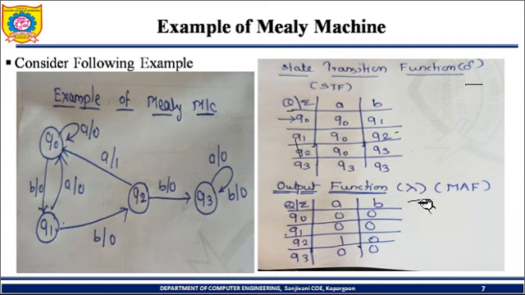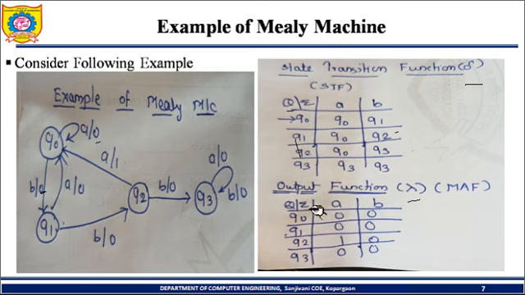So now we want to write down lambda, the output function. So for the output function, here are the states, A and B are the input alphabet and these are the output alphabet. So Q0 after accepting A, which output is generated? 0. So Q0 after accepting A, it is generating 0. Same way Q0 after accepting B as input, it will be in Q1, but at that time output is 0. So here we have written 0.